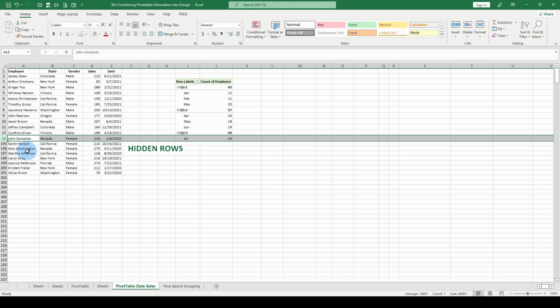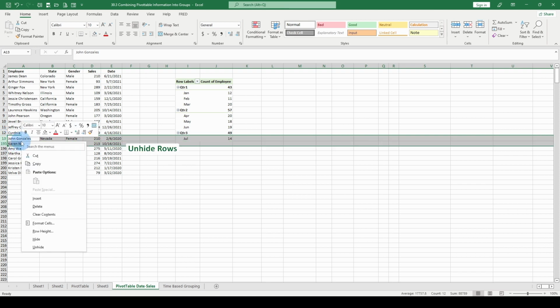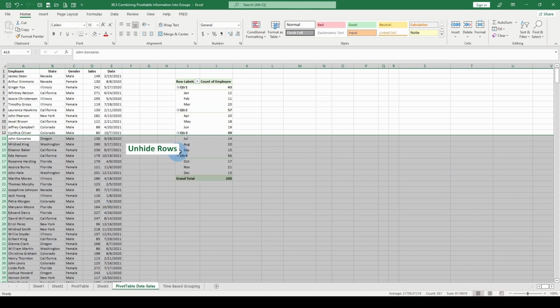Before moving on to another example, let me point out something very important here, and that is when we hide information, you see how we have rows hidden here from 13 to 195? Look what happens. It cuts off the pivot table. How do we fix that? Well, we go in, we're going to highlight this area, we're going to unhide, and now you can see your